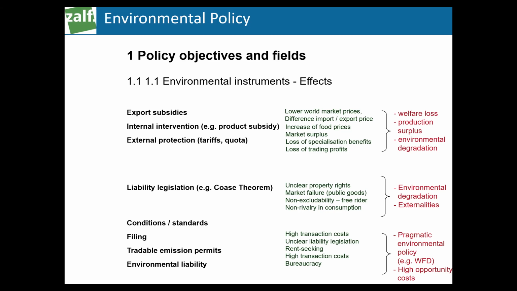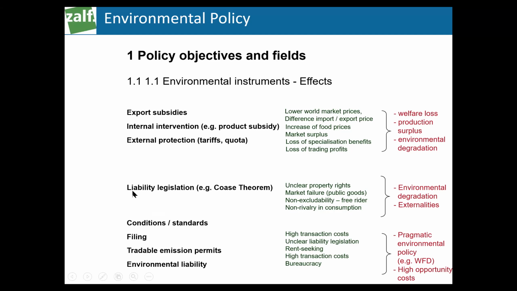We had this welfare analysis and the correlations. Then if we go with a mouse over on the trade and loss of trade and specialization losses, this means that if we hinder trade, of course, then we have also welfare losses. And if we reduce the export subsidies, we have welfare benefits. And the production surplus is being reduced and environmental degradation is being reduced. These are just the gross causal chain impacts here.